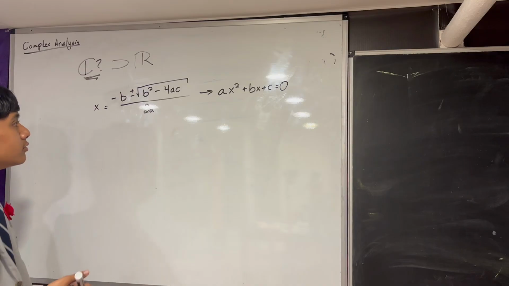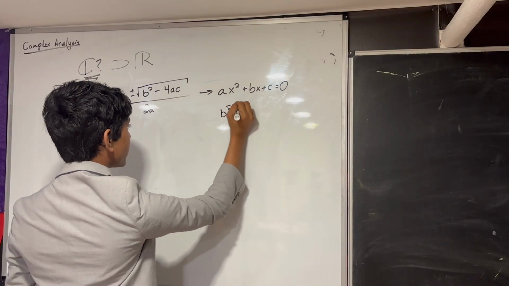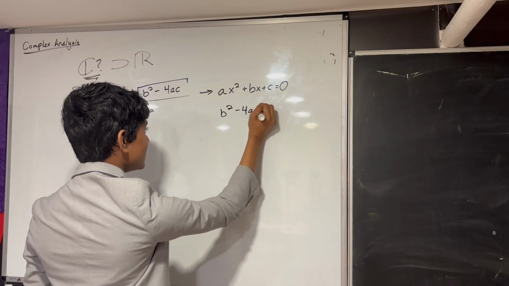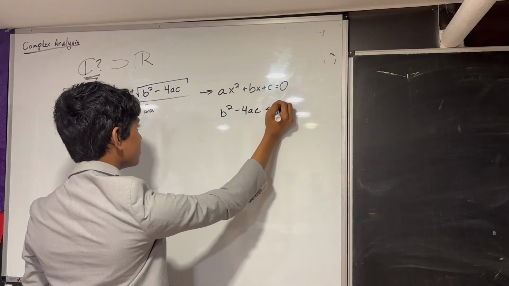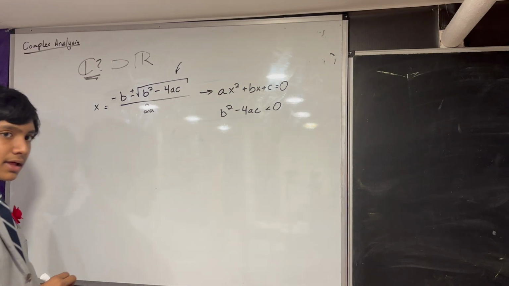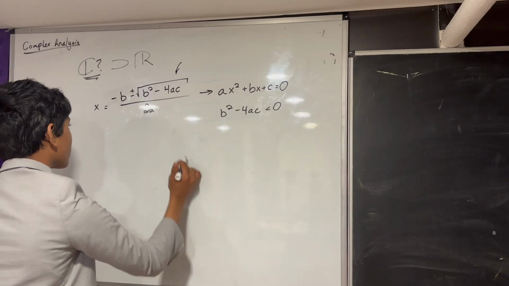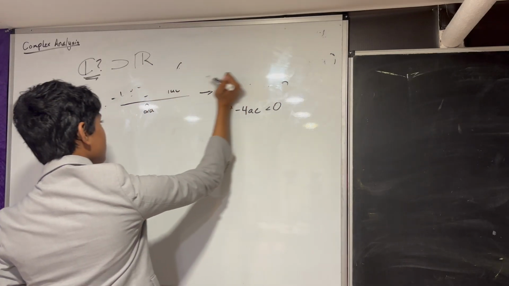But of course, you can choose some coefficients such that b squared minus 4ac is less than 0. And people didn't really know what to do with roots like that. But it wasn't that important back then, and so they ignored it. But then,